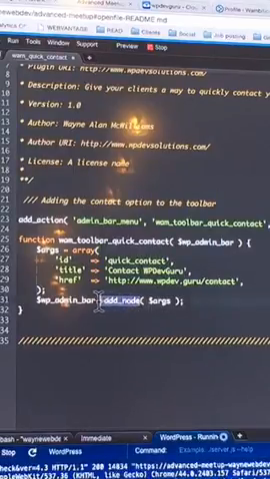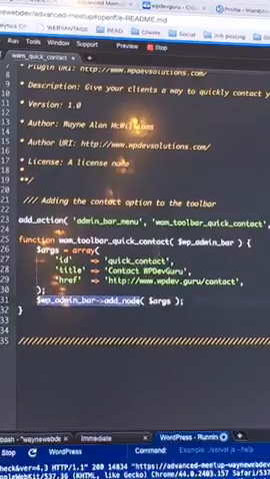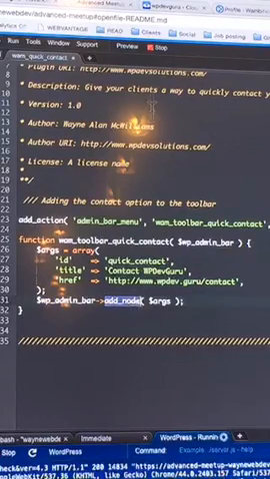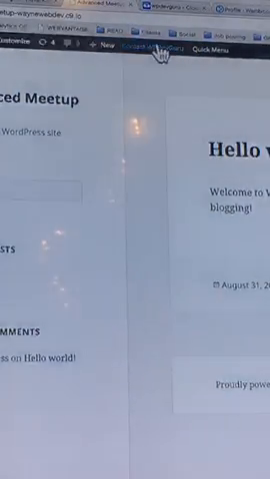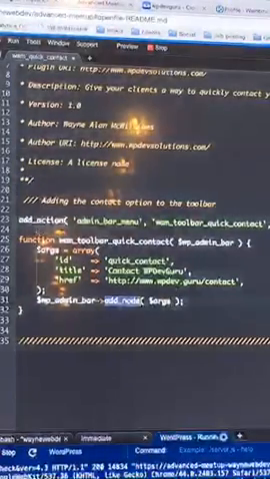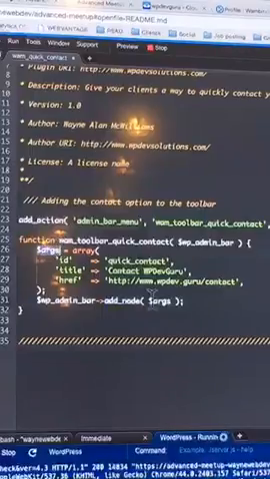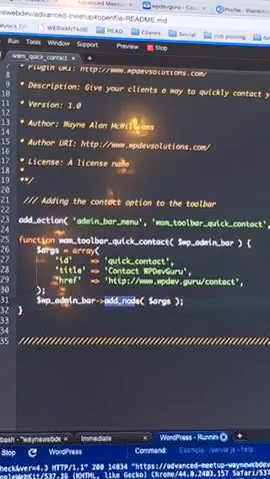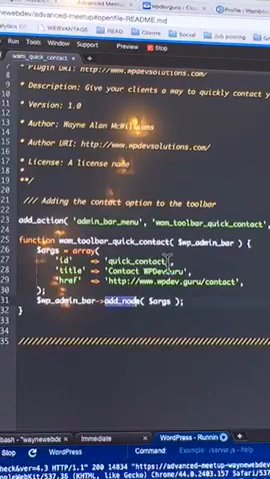Also, you have to use this same object here. You're going to be adding a node, which basically adds this little element right here, and you're going to be passing in the args array, which is what we just created, so that we can say, cool, we added this node, but what do you want me to do with it? What are my specifications? Well, I'm going to be reading this args, which is saying I need to give this an ID of quick_contact. I want the title, or what people are going to read, to say contact WP Dev